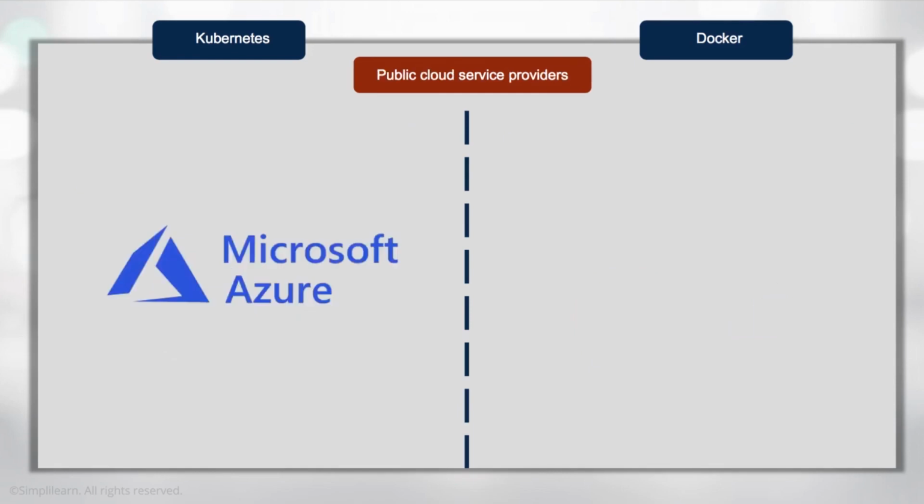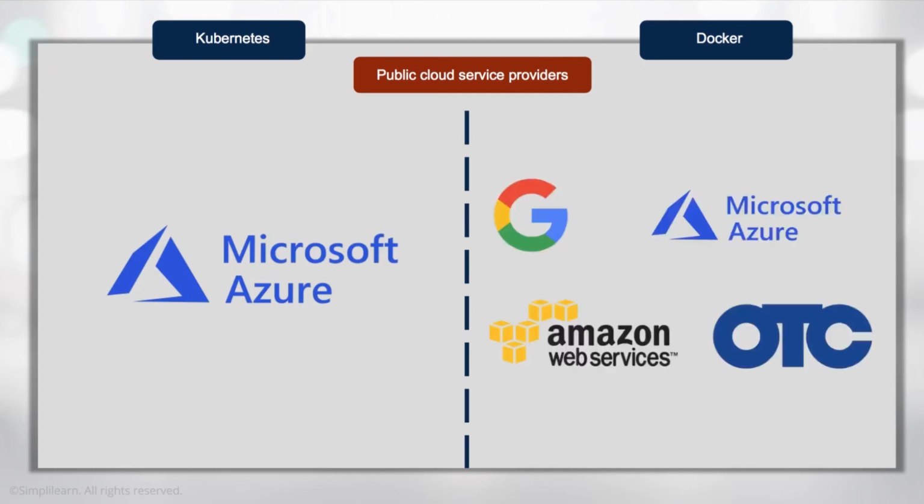What you'll find is that most public cloud providers will provide support for both Kubernetes and Docker. Here we've highlighted Microsoft Azure because they were very quick to jump on and support Kubernetes. But the reality is that today Google, Amazon, and many other providers are having first level support for Kubernetes. It's just become extremely popular in a very, very short time frame.